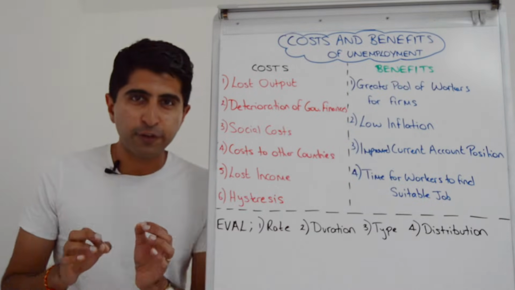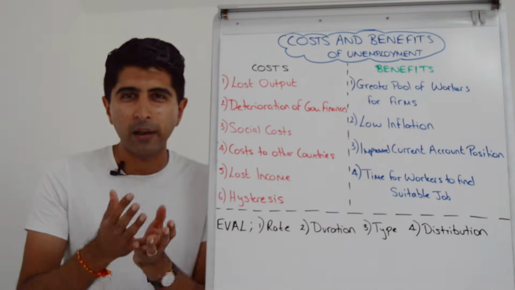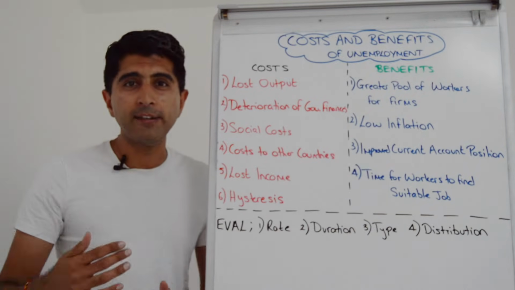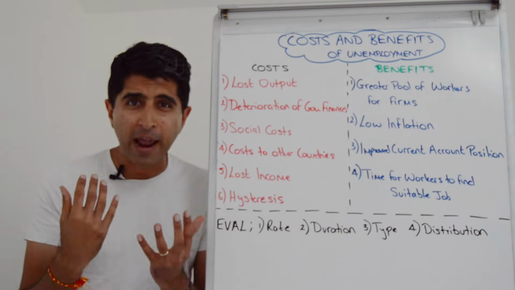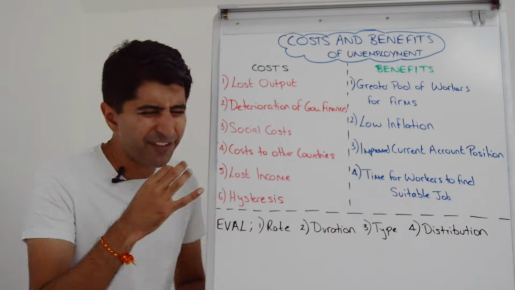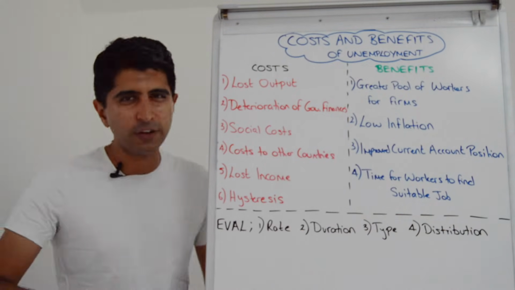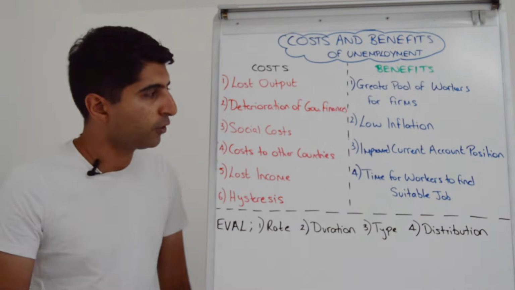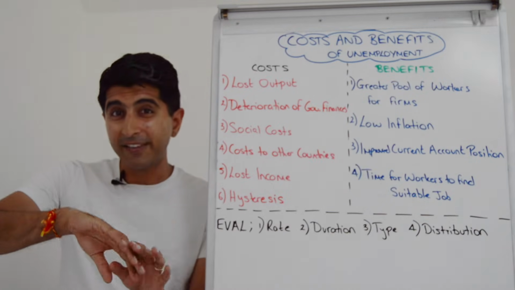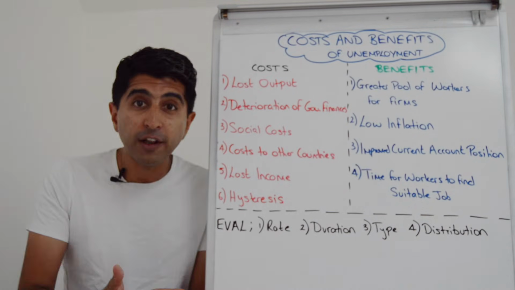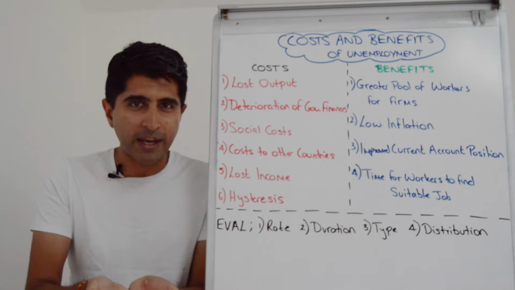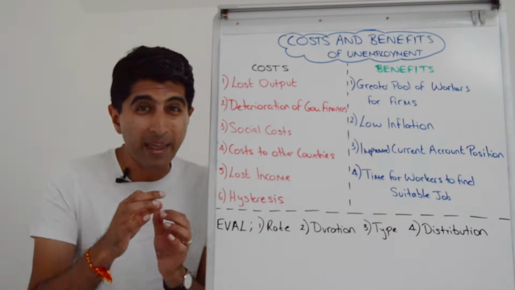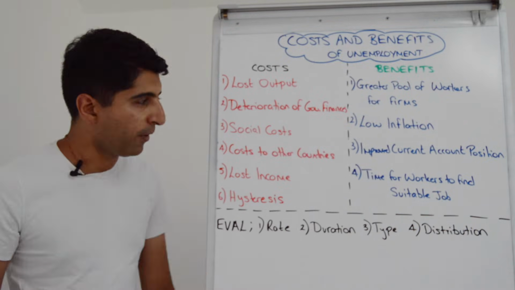We've already touched on some of the social costs of unemployment. These are a really big deal as well, like greater homelessness, greater deprivation, more people living in poverty, crime rates rising, more riots and protests on the street, friction between different groups in society, physical and mental health issues, like greater anxiety, depression, stress levels that can feed through to family discord and marital breakdown. The reason these are social costs is because they affect the whole of society. It's a burden on government finances. As we've said, greater government spending is needed to deal with these costs, and that hits taxpayers. So in truth, these are all big negative externalities that come with high rates of unemployment.